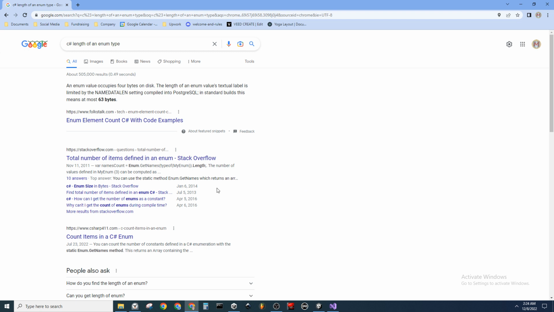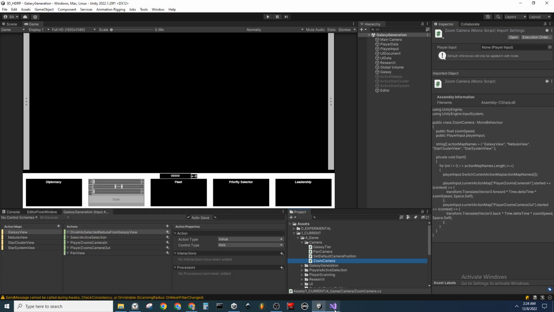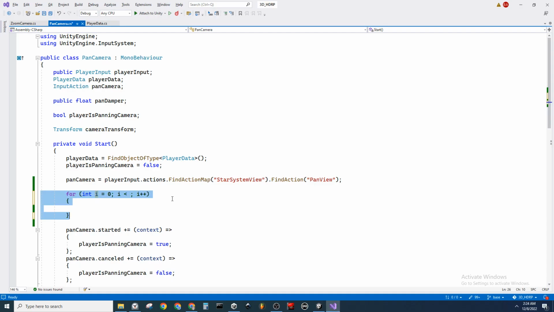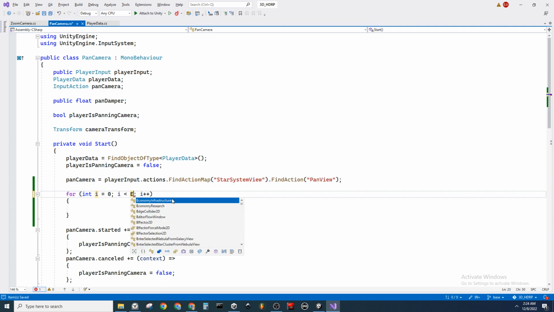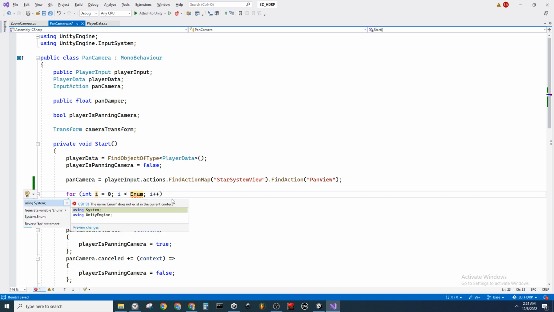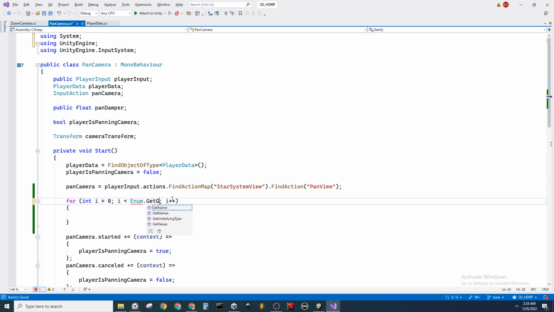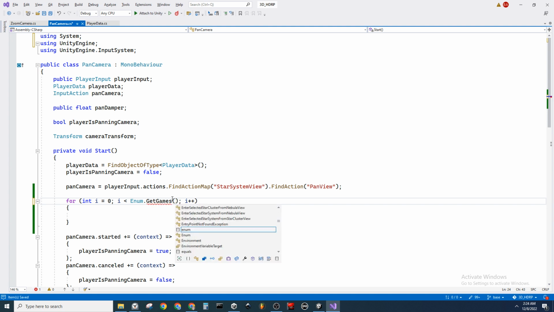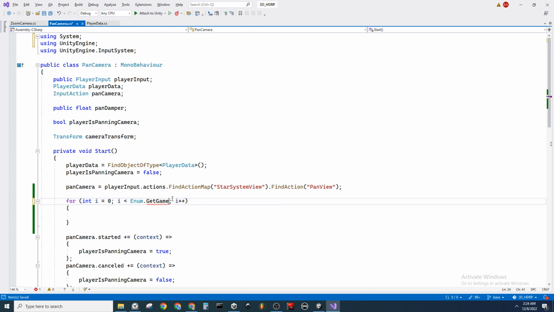Enum get names, it says. Okay. So let's try that again. It's a little janky. Enum, and it's not letting me use the static thing either. Get names of, oops, get names, type of Galaxy Tier,